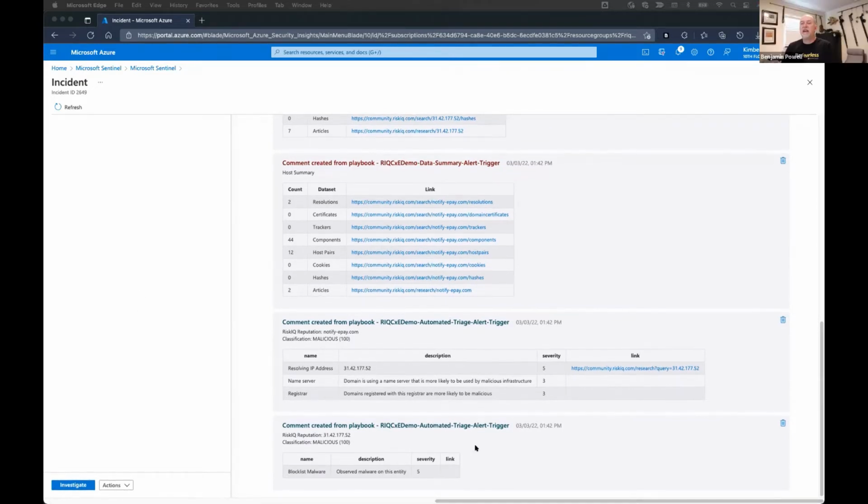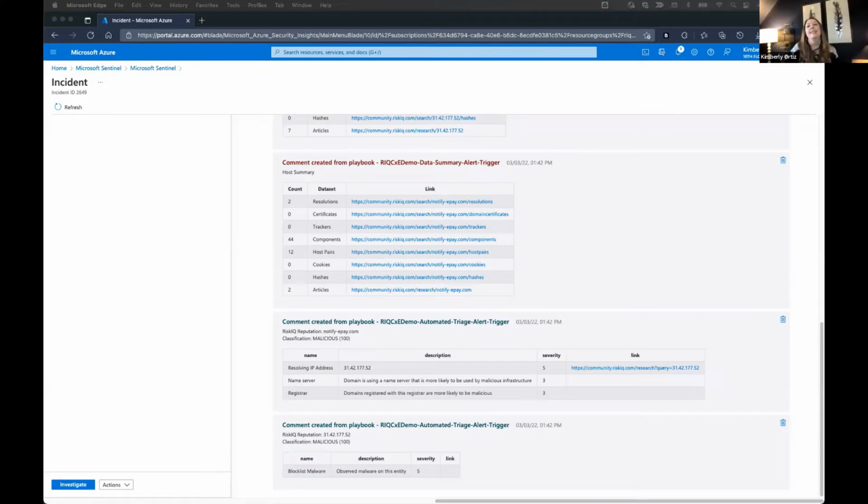So this is what would be in the automated one from the list before. If you had these set up to always run, then this data would just be in there and the severity would have been automatically updated. That's why we saw the medium severity and the high severity Kaseya incidents, correct?